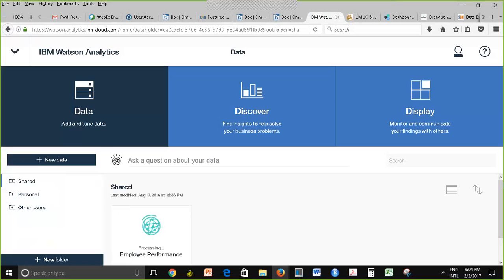Oops, I made a mistake. This is what not to do. Do not upload anything to the root of the shared folder. You want to upload it to your personal folder. I made a mistake and I'm going to fix it when it's done. But do not put anything in the root of the shared folder. I'll be deleting it, I promise you.